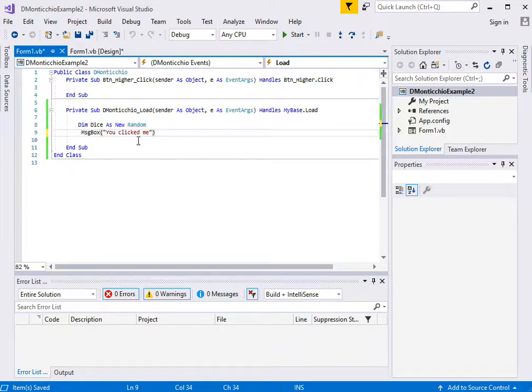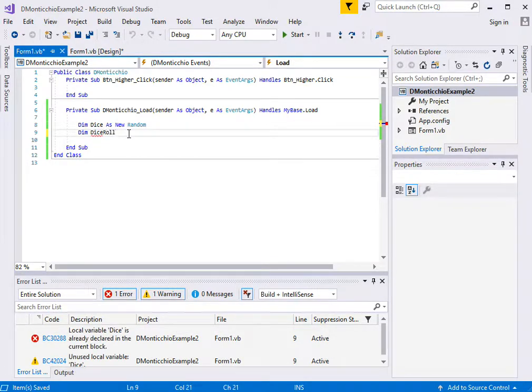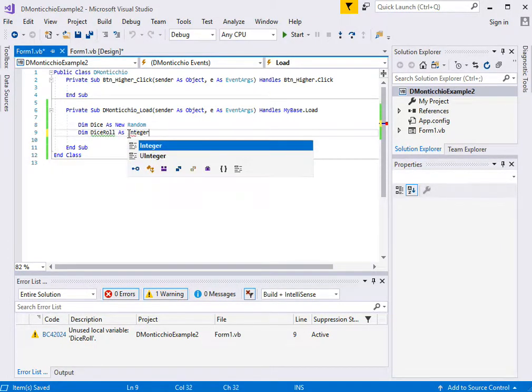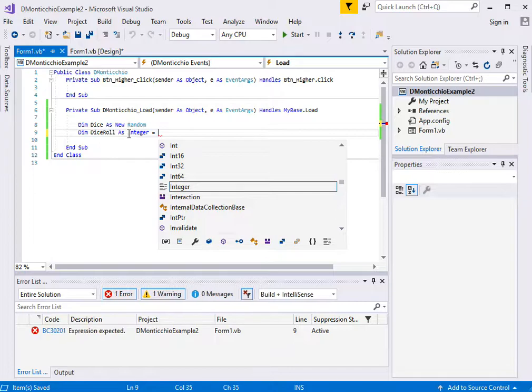And then we're going to follow this up with, oops, nope, don't want that. Don't want message box, you clicked me. I thought I copied something else. Oh, well, I'll just type it in there. Because we're going to need another new dim as well. Because while we have a random, I'm going to now also make a dice roll. Or, dice throw or whatever. Because I'm going to make a new roll as integer equals